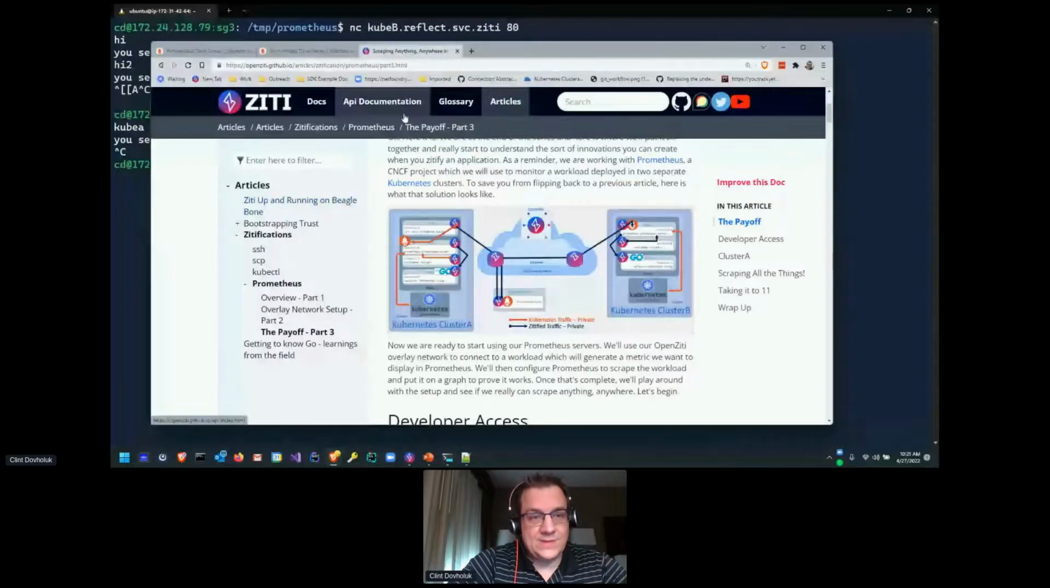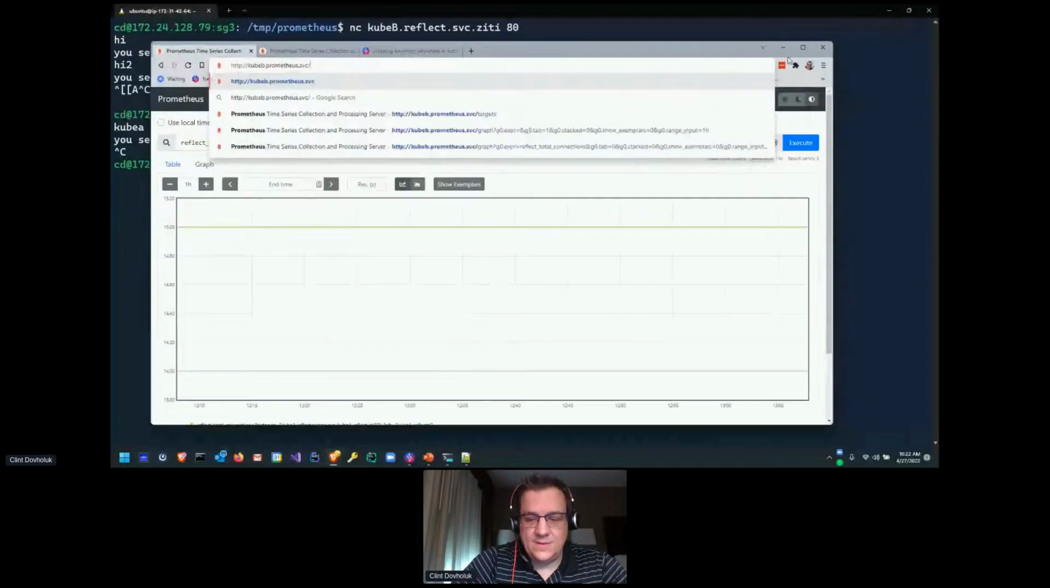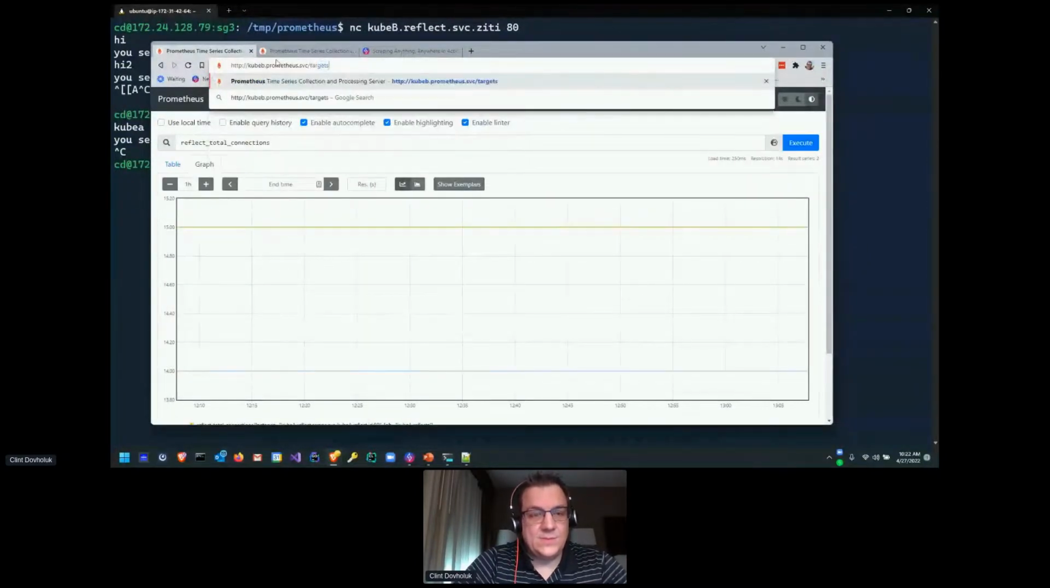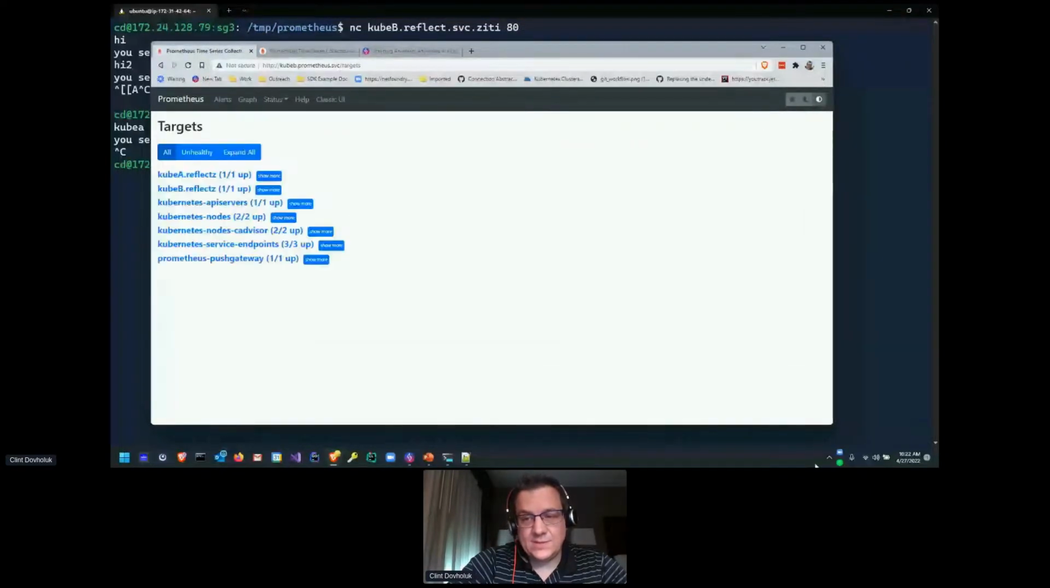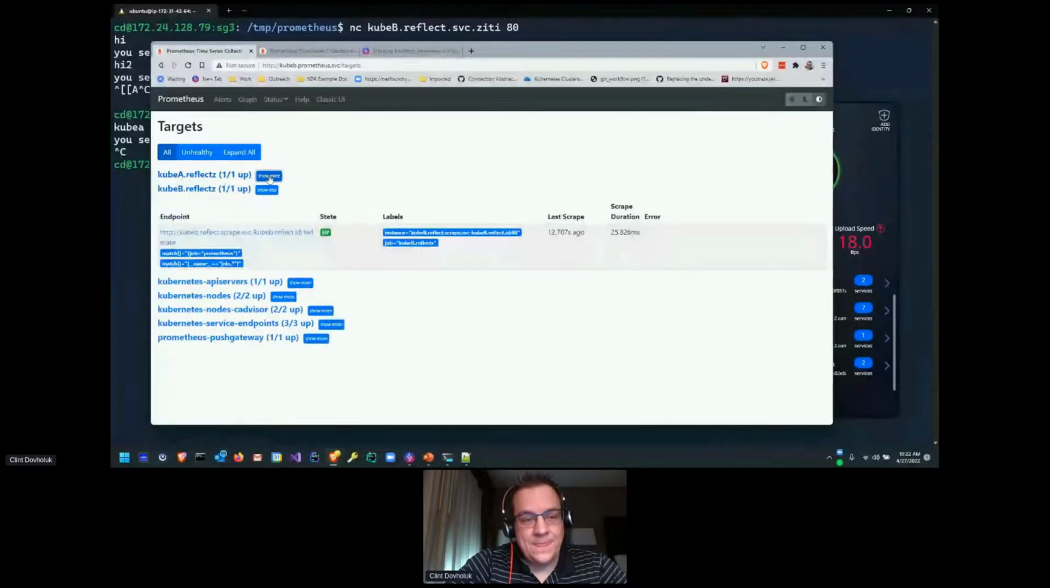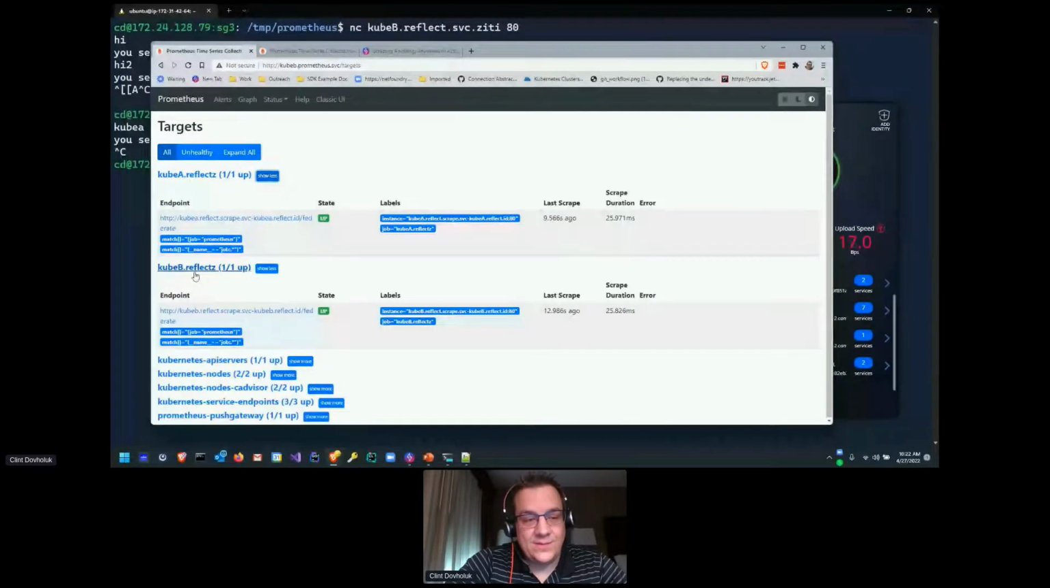We can also come back to Prometheus. Notice that I'm going to cube.b.prometheus.svc, also not a top level domain. And that's because I'm running these things we call tunnelers. So you can see I have a Windows tunneler here. But you can see this Prometheus server is able to monitor the Cube A ReflectZ as well as the Cube B ReflectZ. And if you look at the endpoint that it's going to